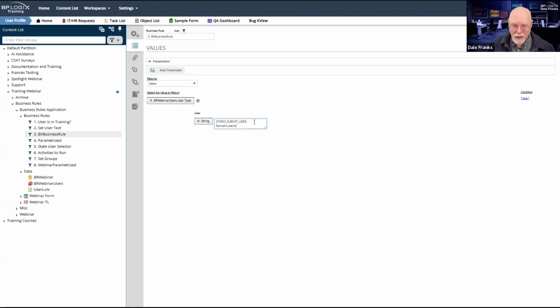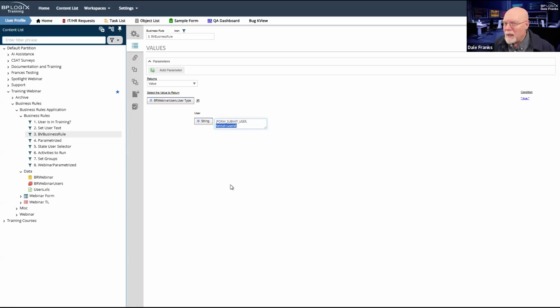Now, I don't know what anybody's GUID is. So in this case, I've added the user ID formatter specifically so that rather than returning the varchar 36 character value for my GUID, it's actually going to return the user ID, which is my sort of human user ID: Dale, Barb, Diana. So I have to specify that to make this work with the data that I have because I used usernames and not GUIDs.